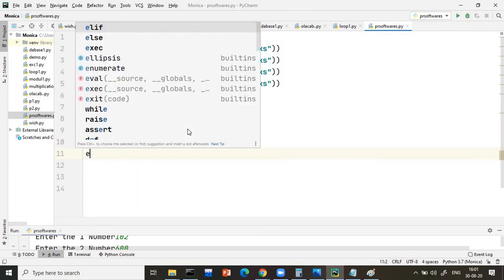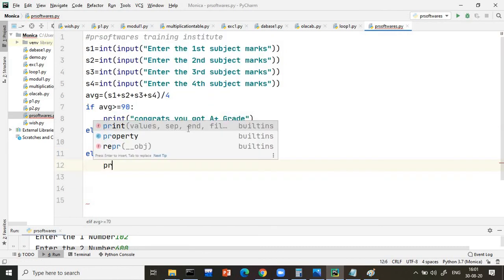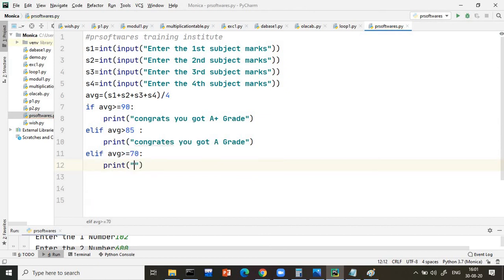Next, elif average greater than or equals to, what is the next condition? It will be 70. If this is the case, we have to write print congrats, you got B plus grade.